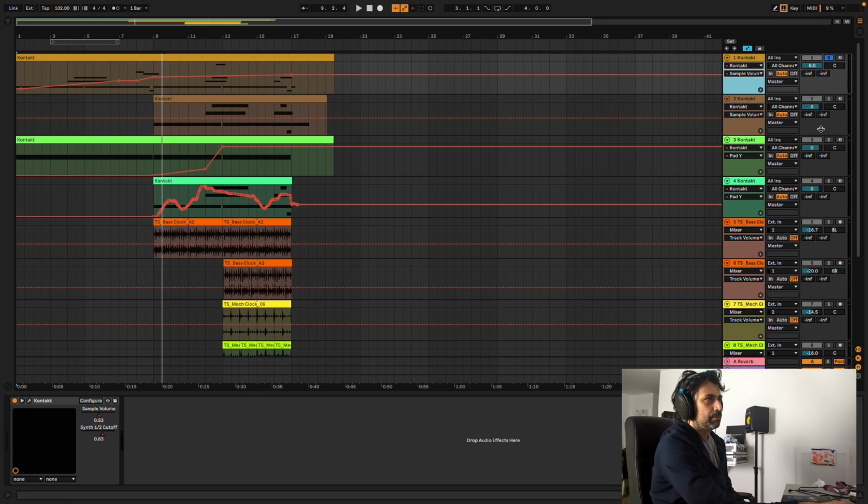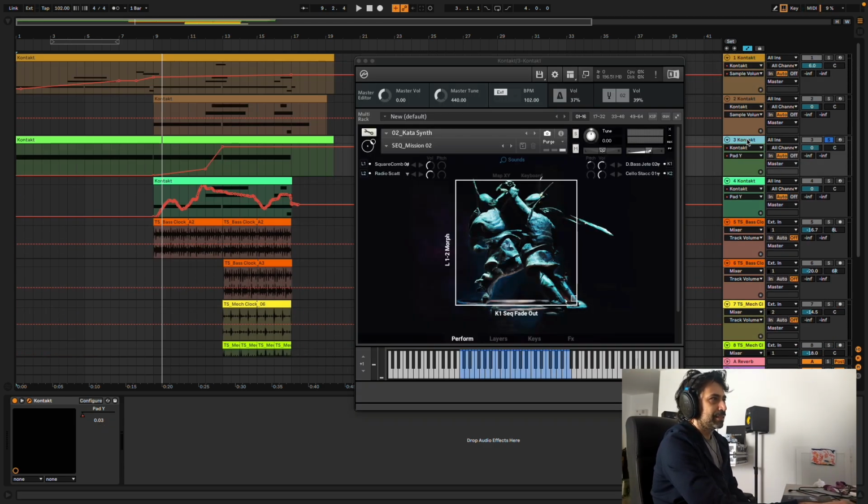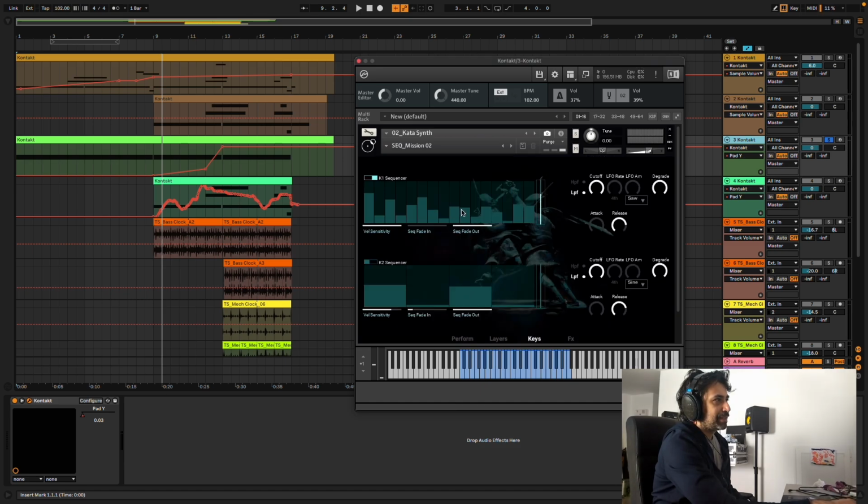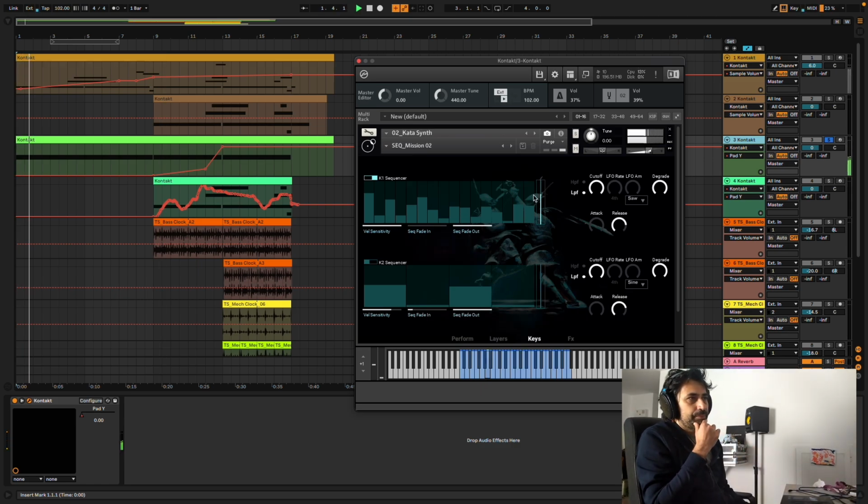If I move to this other layer, which is the Katha synth, it is true that when I say that it's more evocative, is more suitable to create pads and textures, but you can use it also to create rhythmical stuff as well, as I did here, because in the key screen that corresponds to these two layers, K1 and K2, you find these two independent sequencer/arpeggiators. And so if I play this one,